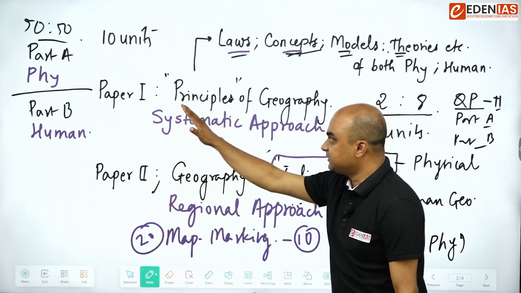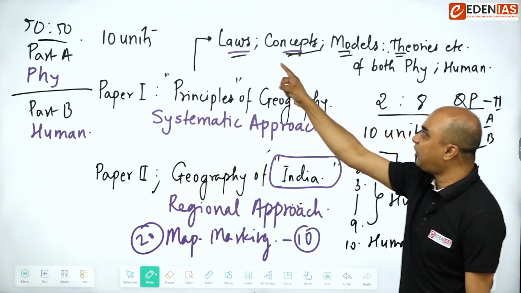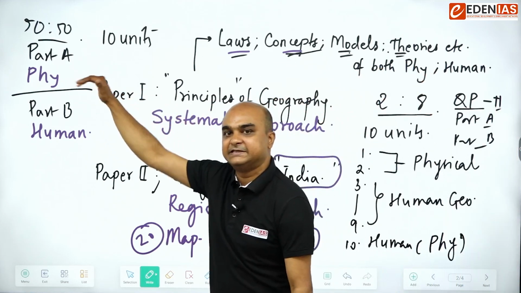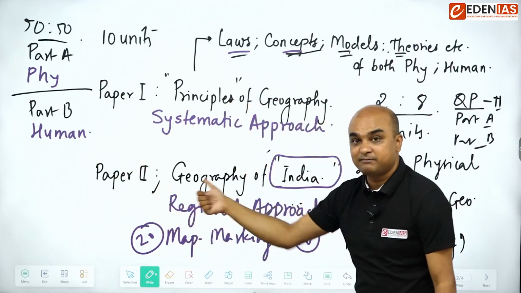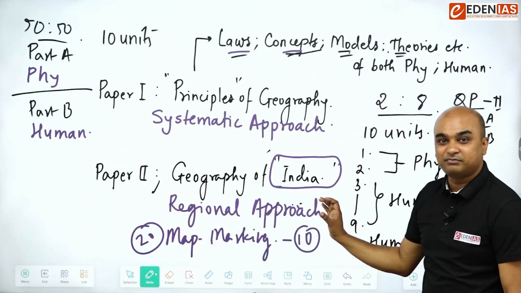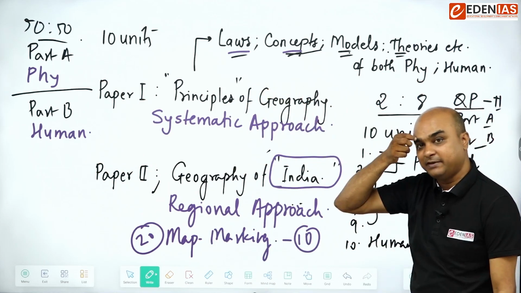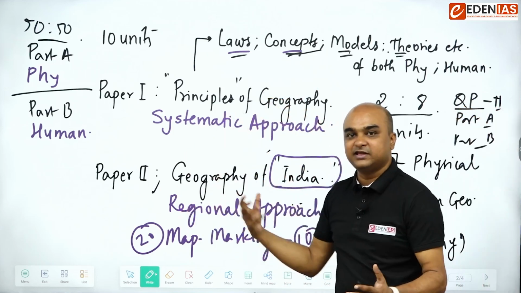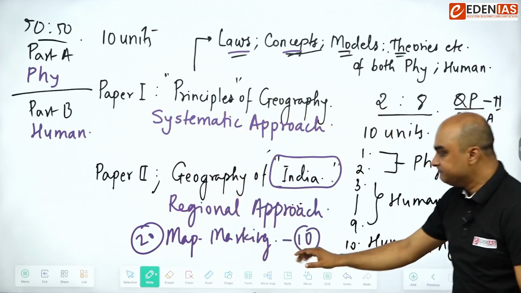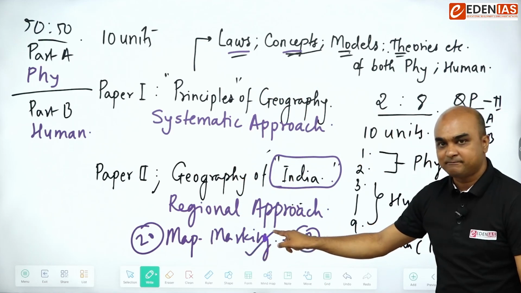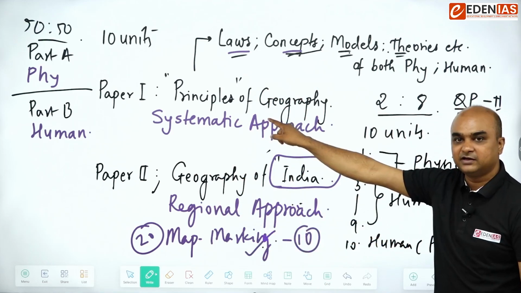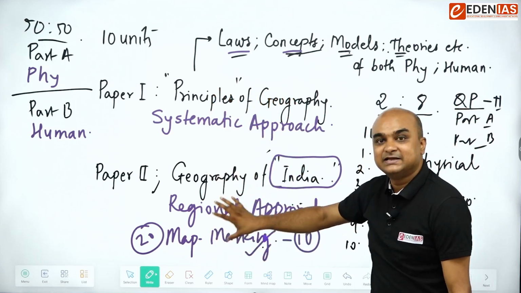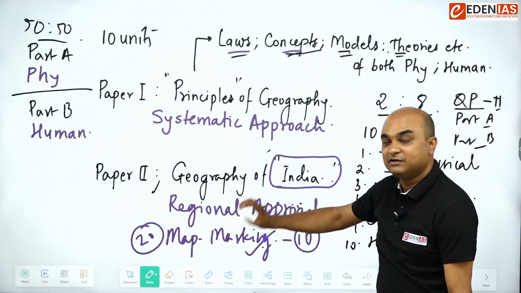So paper 1 is principles of geography, focusing on laws, concepts, models, theories, etc. It has a 50-50 division of physical and human, whereas paper 2 has a regional approach. Unlike the systematic approach of paper 1, the context is India. We study all the things in the context of India, and there is emphasis on map marking, which is not to be found here. Here also you have to focus on maps, but these maps are different from these maps,